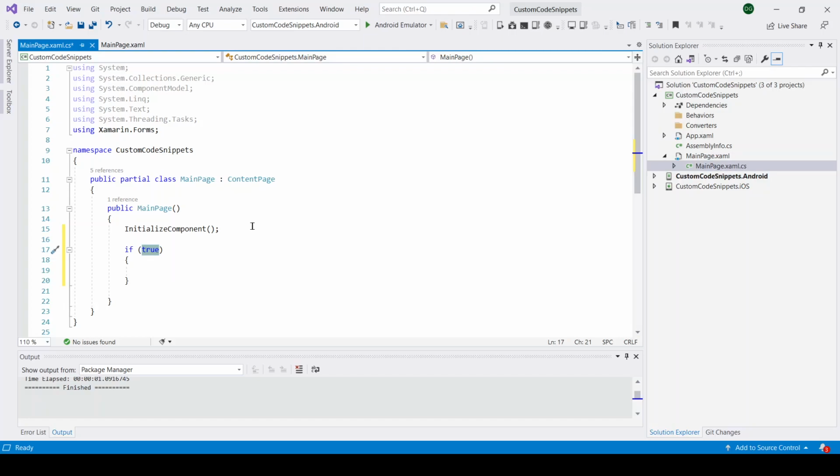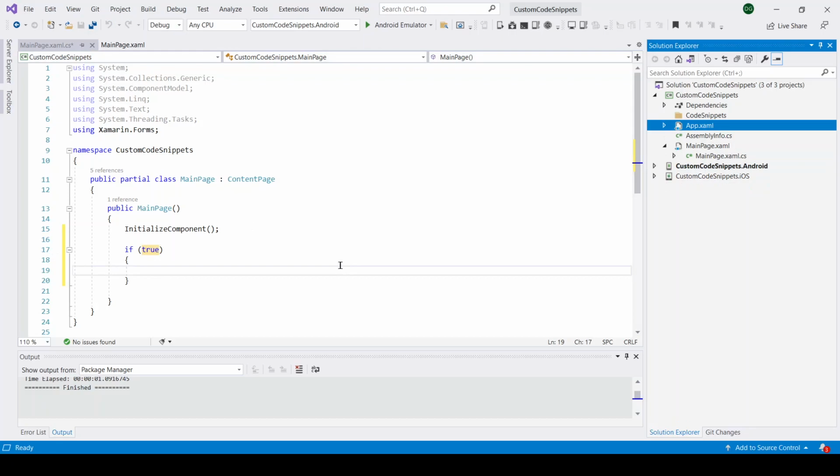Like that, we can create our own custom code snippets, whatever we want, in the Xamarin Forms application also. Today we can see a number of code snippets provided by others for use in our applications. But here I am explaining how to create our own custom code snippets. Let's see the step-by-step procedure of creating code snippets in a Xamarin Forms application.